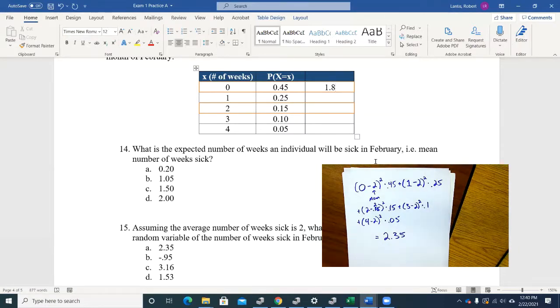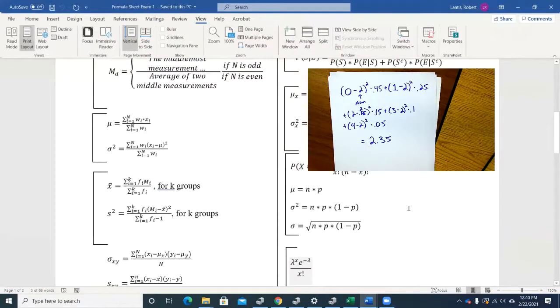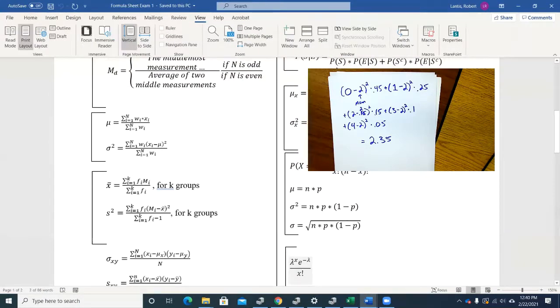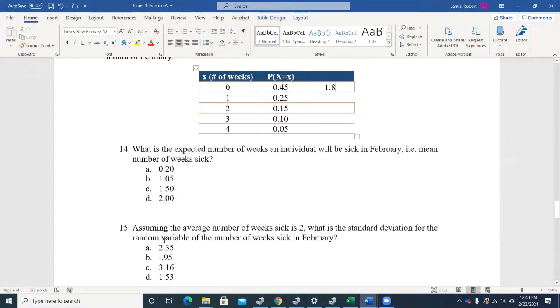Now, that's my answer, right? What did this problem actually want? The standard deviation. The equation that I just used and that I have in my formula sheet, I'm going to get this out of the way for a second, was for sigma squared, or the variance, right? So if I want the standard deviation, it's the exact same process, but what do I do to that 2.35? That's my variance. To get the standard deviation, I just